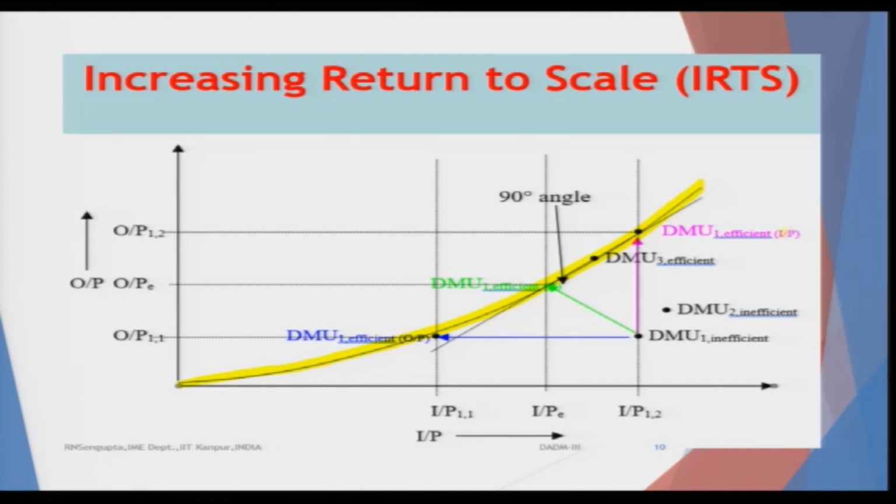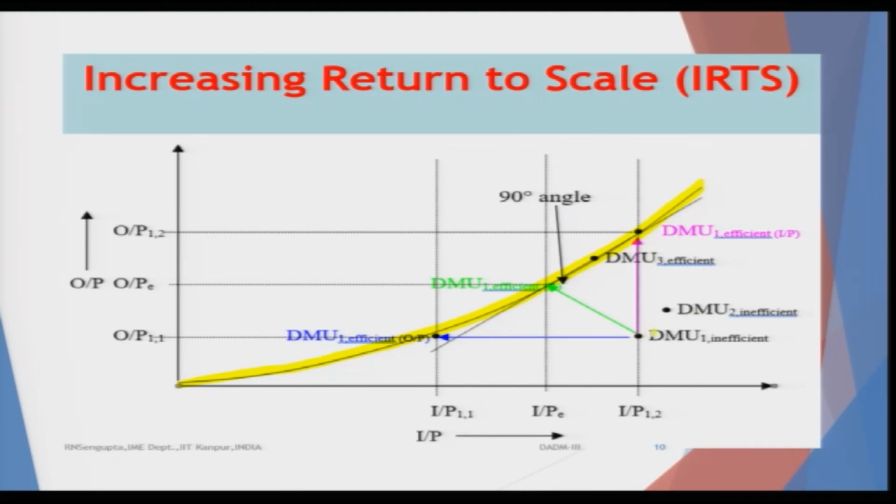Another thing which I did not discuss in the last lecture was the subscript IP, which denotes that it is the input oriented model. I will come to why, and it is very logical. In the input oriented model, the inputs are technically fixed, and you are increasing the output at the same level of input.